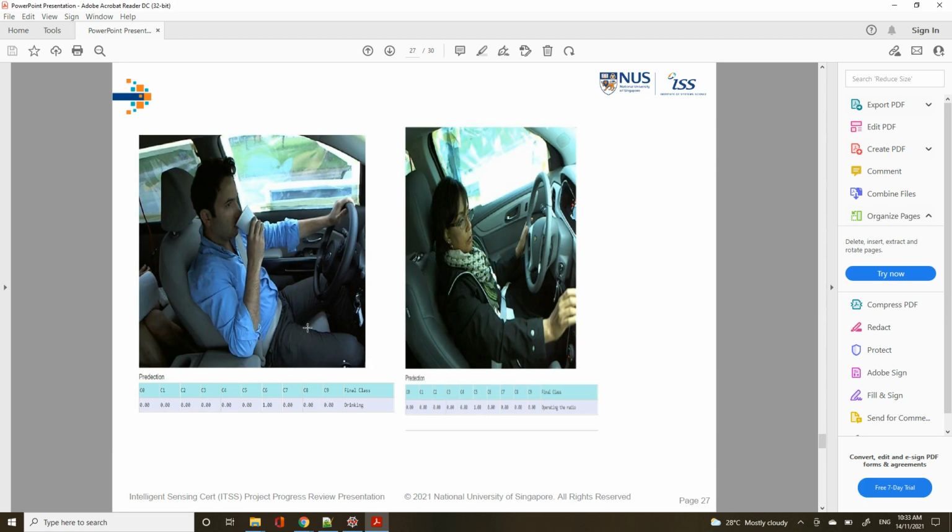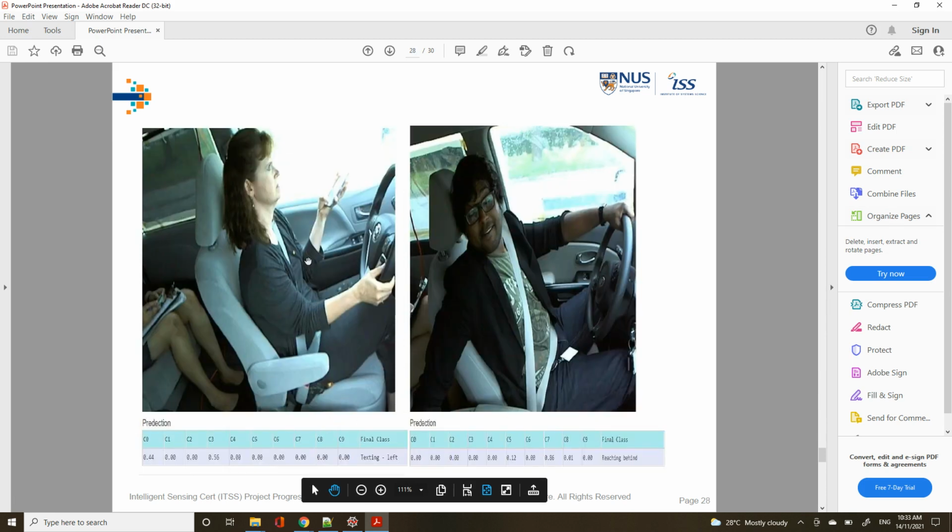So coming to some outputs: drinking. This guy is drinking coffee, and C6 is 1, the rest all 0. This lady is operating the radio and testing left. The C0 class is 0.04 percent, and C3 class is 0.56.